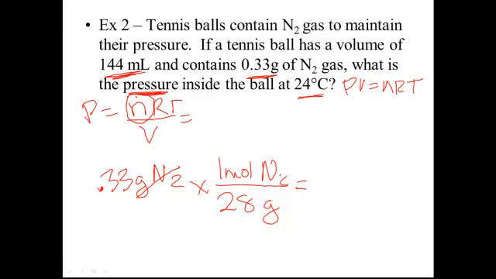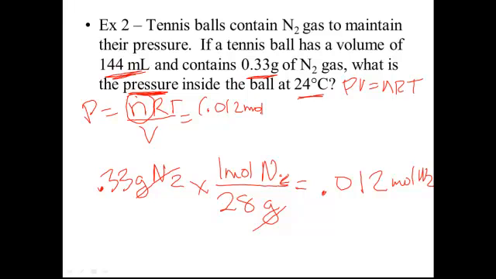And then you'll see our grams are going to cancel. And I'm going to take my 0.33 and divide by 28, which again obviously is the molar mass of N2 from the periodic table. And I get 0.012 moles of N2, rounding that to the correct number of significant figures. So I've got 0.012, that's my moles,